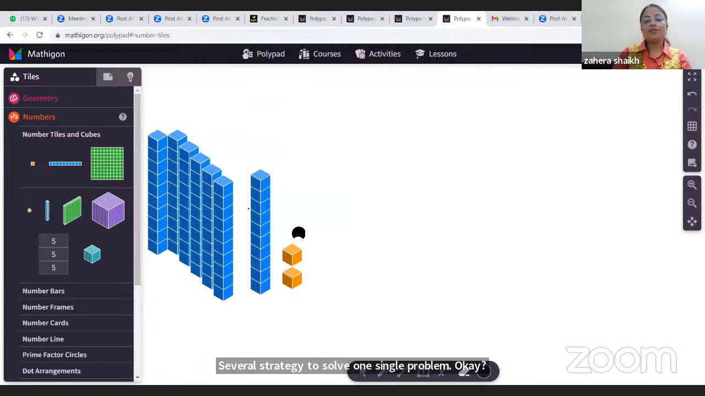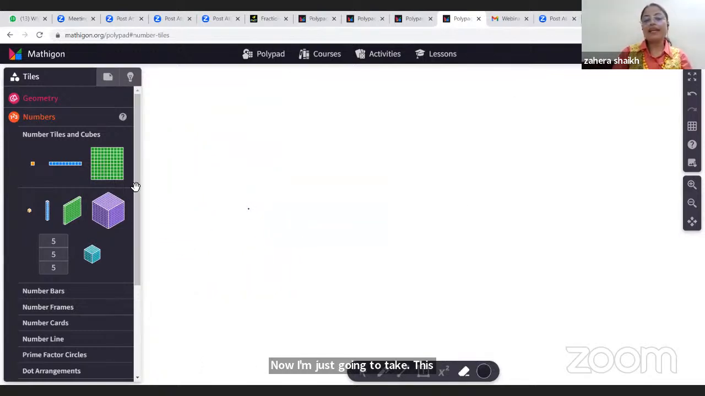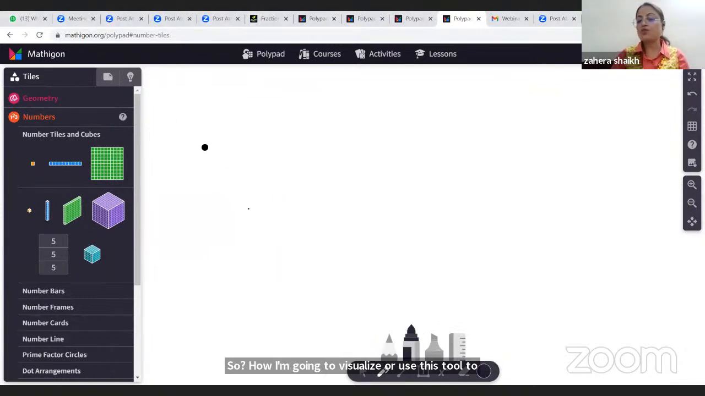Now, this was addition. Next, I'm going to take subtraction. So how am I going to visualize or use this tool to subtract a 3-digit number or 2-digit number, because now I'm talking about grade 3 onward students. So they have more than 3-digit numbers to operate on for number operations, right? So I'm just taking